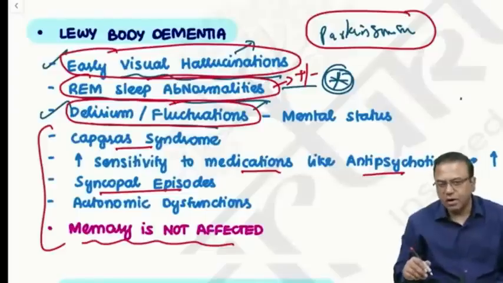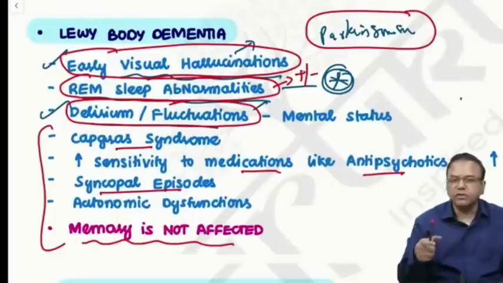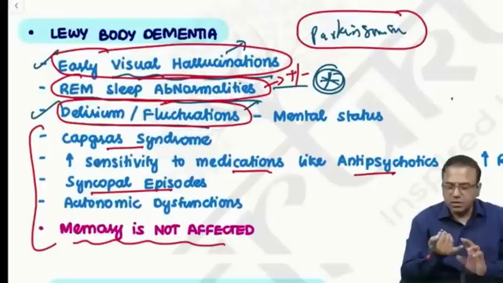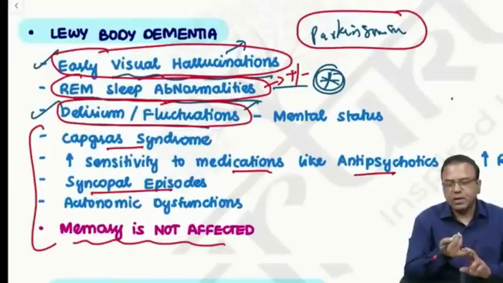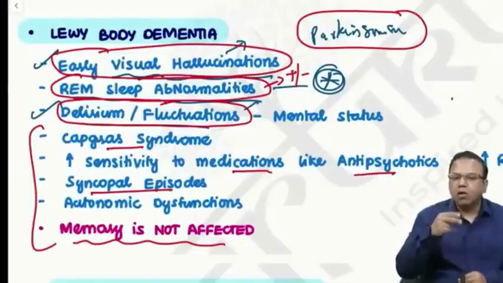Some students have the wrong idea. They think dementia means memory. No. Dementia means one of the cognitive functions is gone, or some of the cognitive functions are gone. There are many cognitive functions of the brain. Memory is just one of them. Aphasia, behavioral abnormality, visuospatial, executive functions of the brain, problem solving part of the brain. They're all multiple cortical functions. In some of them,